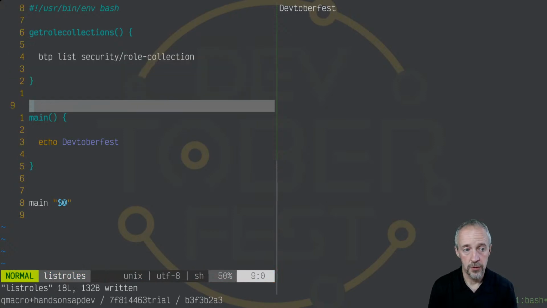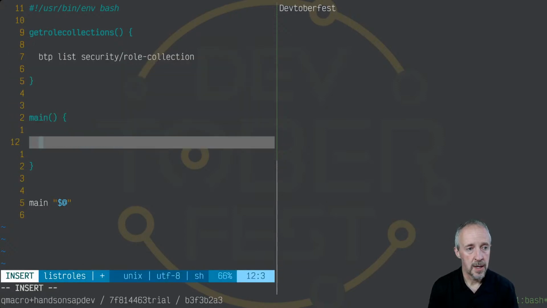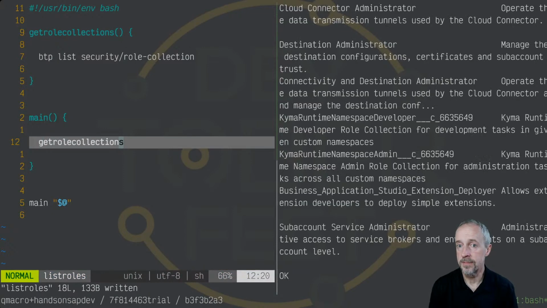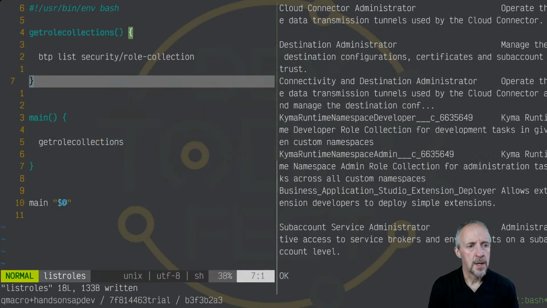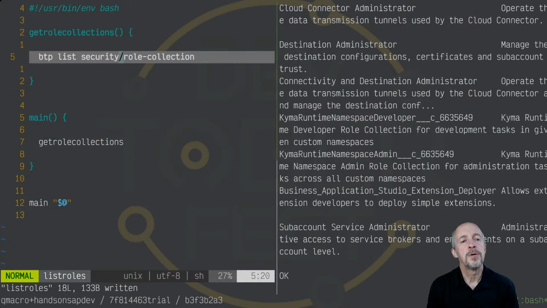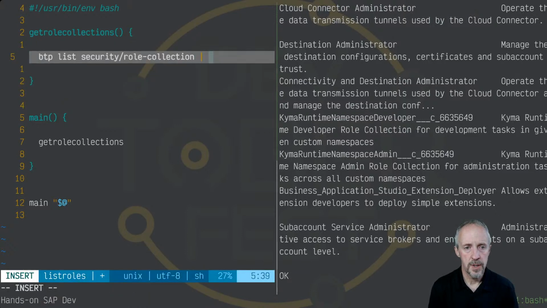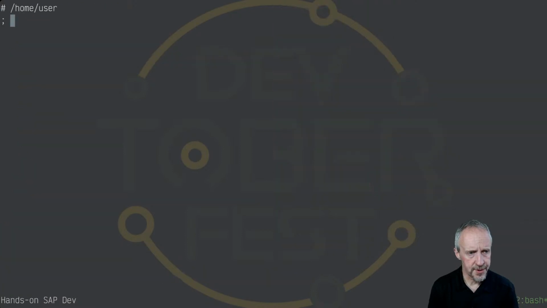Okay, save that, but we're not calling that, so let's call it now. Get role collections, save that, and it runs it. That's quite cool. Now, what we want is to pipe that into JQ, don't we? Oh, tell you what, actually,